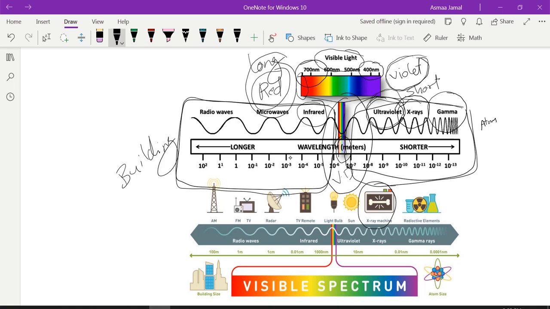Infrared, we use it in heaters to transmit heat. We also use it in a special kind of glasses so we can see at night. We also use it in the TV remote control. The microwaves, from the name, we use in the microwave machine to cook, also in radar, telephone, and different signals. The very long one, which is the radio waves, we use